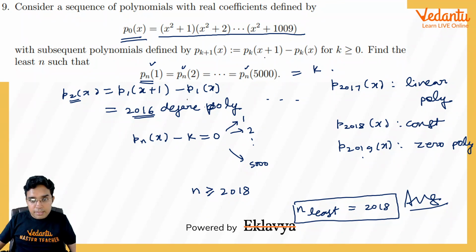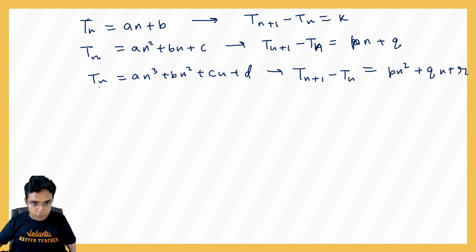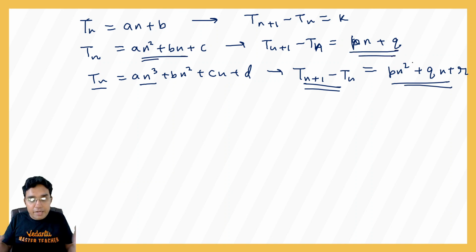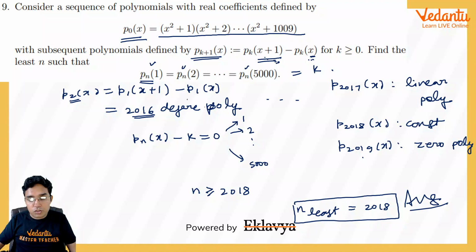This can be taken as the n plus 1th term if I replace x by n, and this as the nth term. So the difference of two terms here, we are calling the next polynomial. So every time, if your nth term is cubic, the difference of two consecutive terms becomes quadratic. If it is quadratic, the difference becomes linear. So every time 1 degree is getting lowered. So we should be getting here also the same thing, that every time p k plus 1 will be of degree 1 lesser than p k, and using this fact,